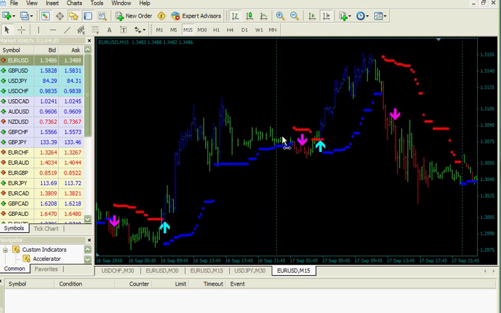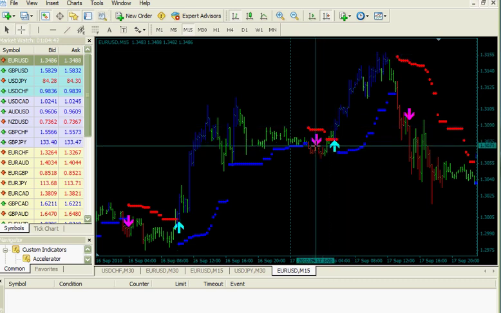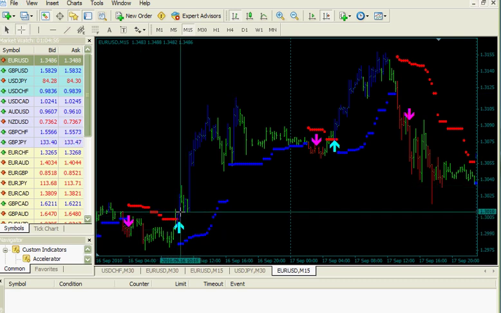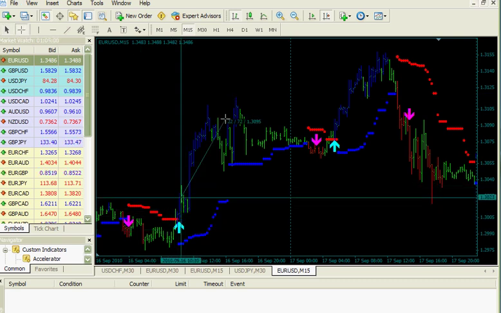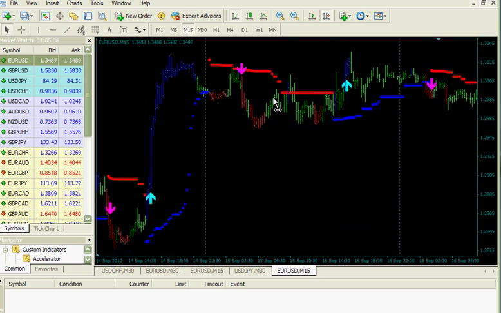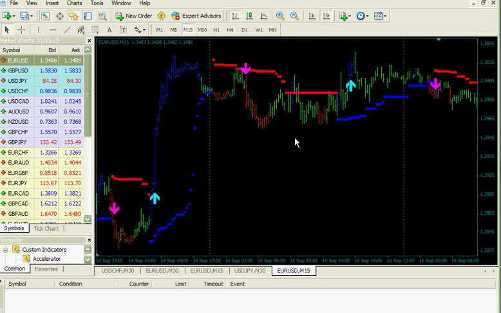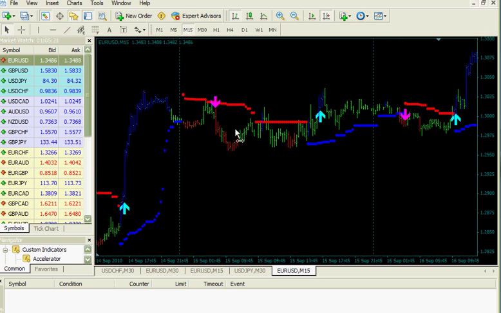Let's go back a little bit more, and you can see a buy signal gave us about 66 pips. The sell signal, this one would probably have taken a stop loss, very minimal, about 6 or 7 pips. And the one before that was a buy signal with 84 pips, and so forth. As you can see, the system gives very clear signals, allows you to enter the market at an early stage, and gives you a good exit when the trend has ended